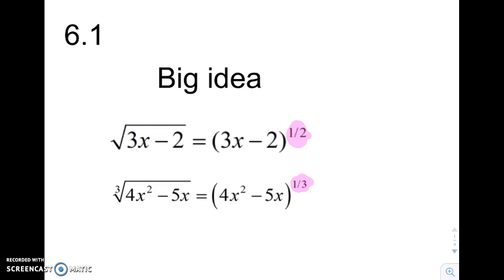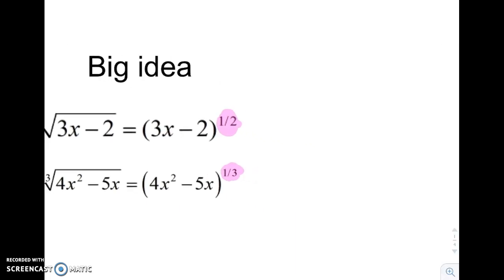So this first one is a square root that can be rewritten as (3x minus 2) to the 1/2. Here we have a cube root, the cube root of 4x squared minus 5x. That can be rewritten as (4x squared minus 5x) to the 1/3. The general idea is if you have